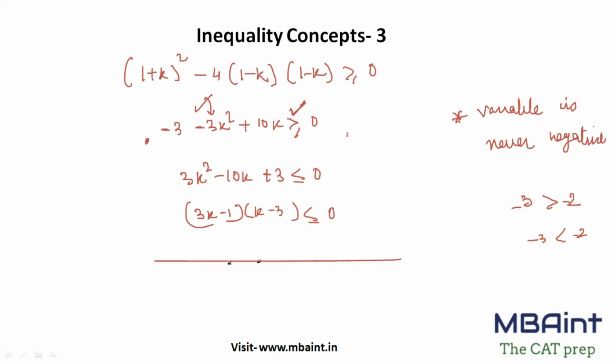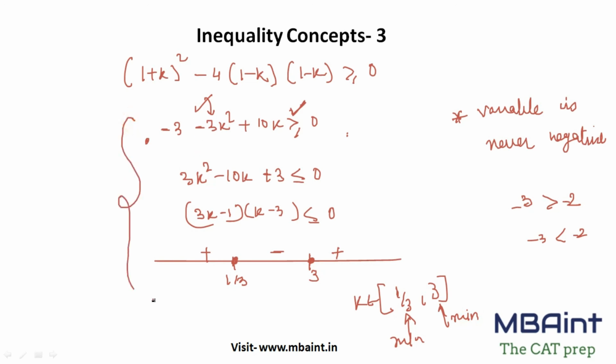Again, from a number line, you will be able to solve this now. This is nothing but 1 upon 3, greater than or equal to 0. You know, this is positive, negative, and positive. So you need the values between these two roots, right? So the value of k belongs to 1 upon 3 to 3. So you can see your minimum value will be this and your maximum value of x is going to satisfy this. Okay? So guys, I hope things are clear now. Okay? And any doubt you can always get back to me and I'll be really happy to help you guys.